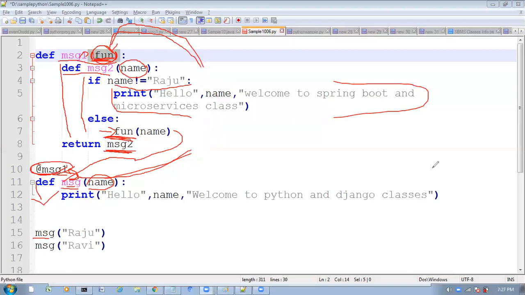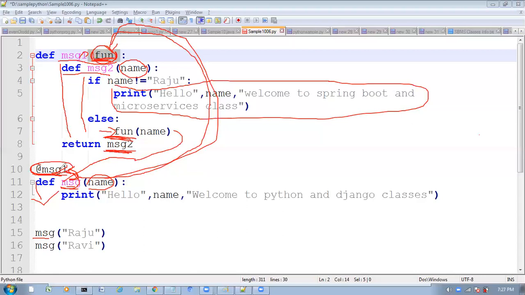Can we take a different name? You can take any names, and function names you can take any names, not an issue. Simple, and nothing else is there here. Whenever you are calling this function, if this function contains any decorator, this function will go as the argument to that decorator.